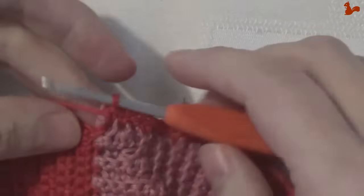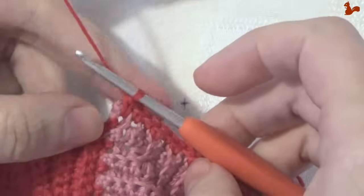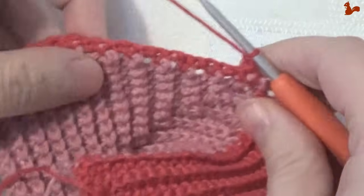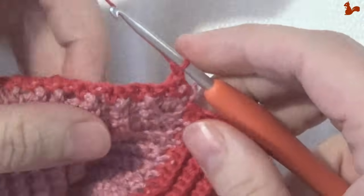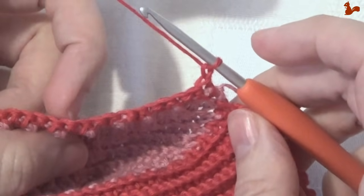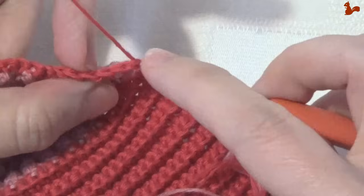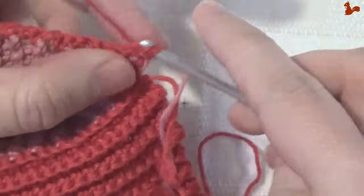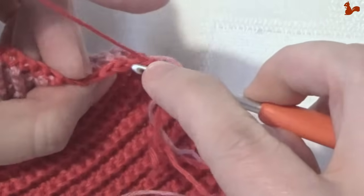Row 1 is actually the same as everything we've done before, but I'll show it to you nonetheless. So it's chain 1, then you have the wrong side facing, and in the back loop of the first 24 stitches work a double. So we're going to skip the chain, of course, and then in the back loop, so that's 1,